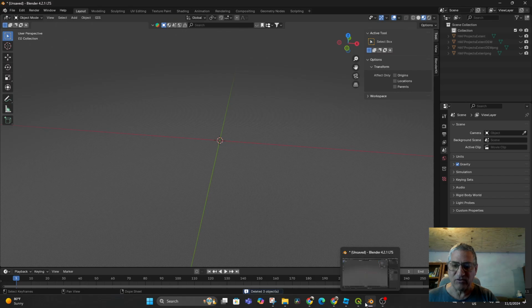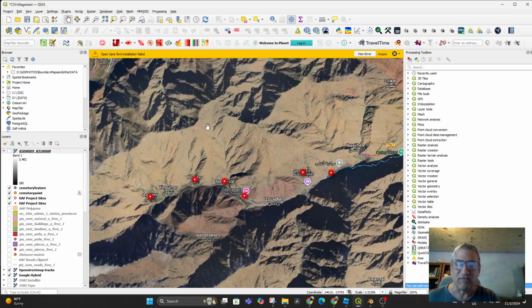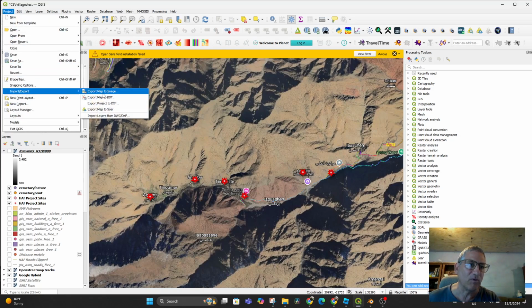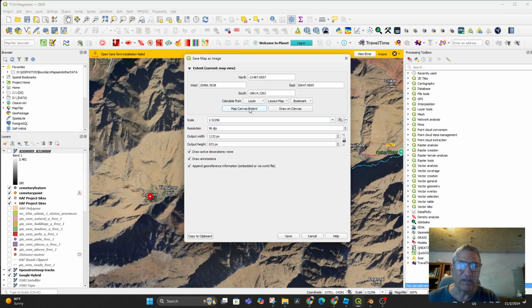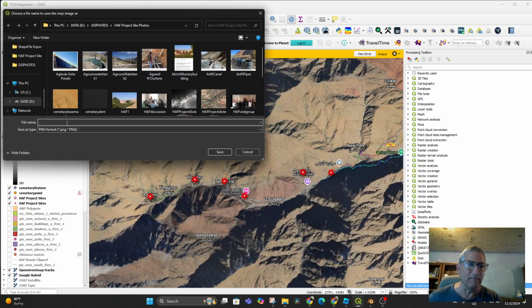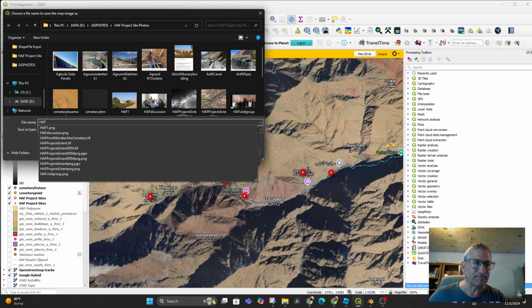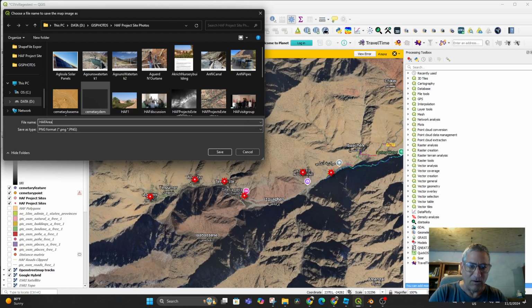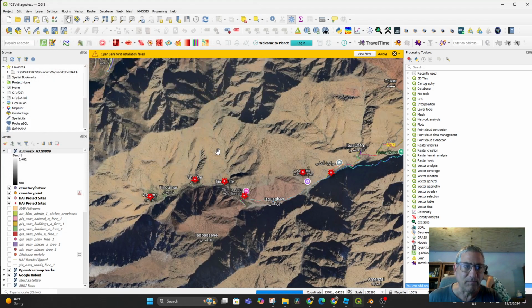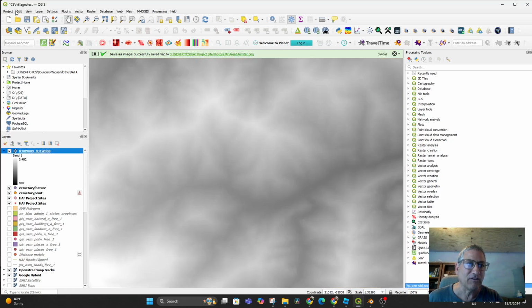So let's go back to QGIS. Having verified that the TIFF and the PNG don't seem to make a difference, let's then take the export map to image. We'll use the canvas extent, and we will save this as HAF. I'll just call it area 1 and meter, so I remember which one of those it is. I will do a PNG for this. Go ahead and turn this on and export